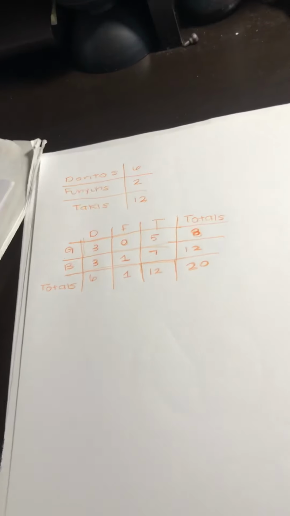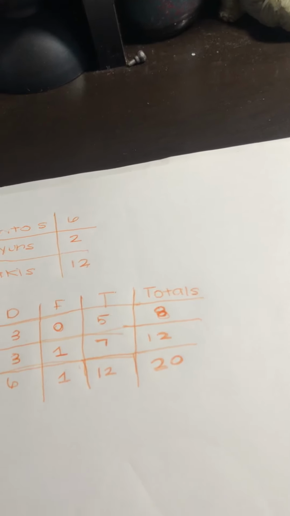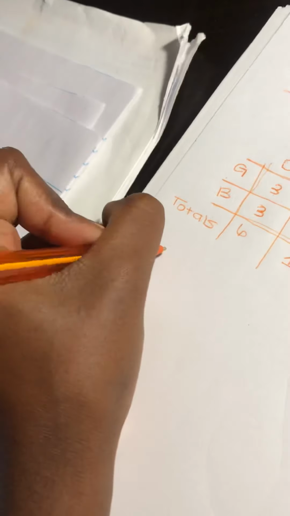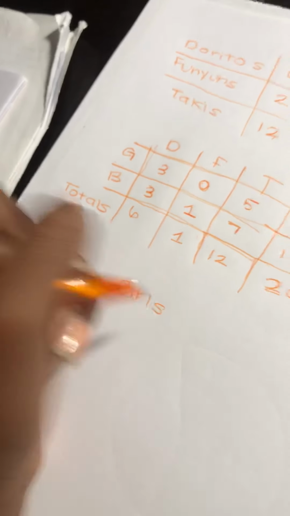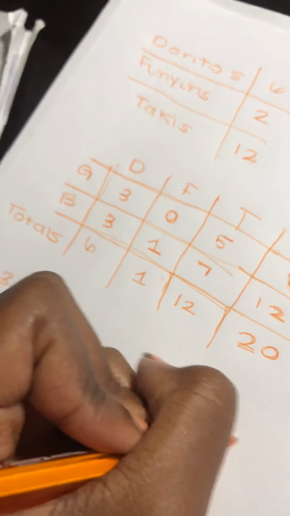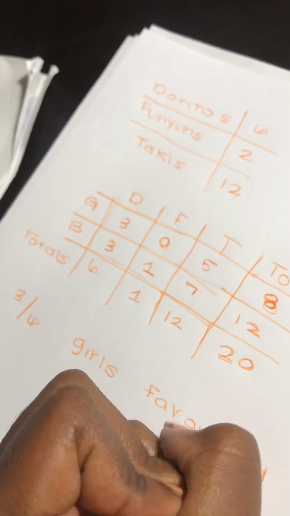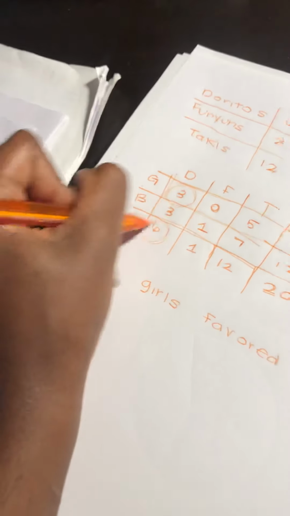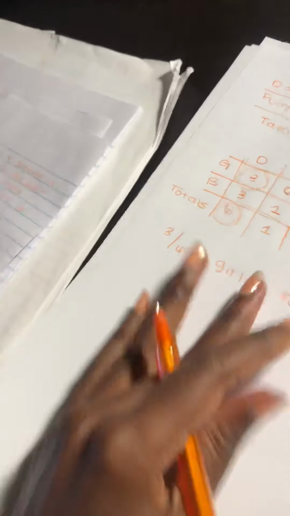Now, on some questions, they will give you a question like, how many girls out of boys chose Doritos? And you would write 3 out of 6 girls favored Doritos from here. And then they can also give you a question like,